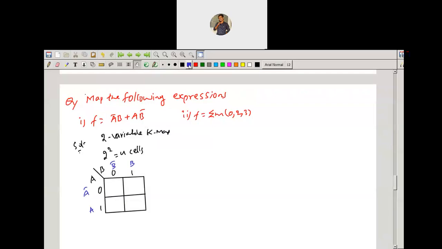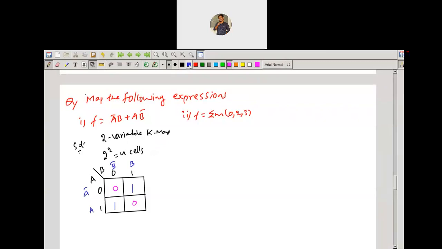So you can observe here, you have the cell A bar B and you have A B bar here. So I can give minterms as these two cells. These two are the minterms. What about the remaining two? The remaining two will become the maxterms, that is zeros. This will be 0 0. There is the mapping.